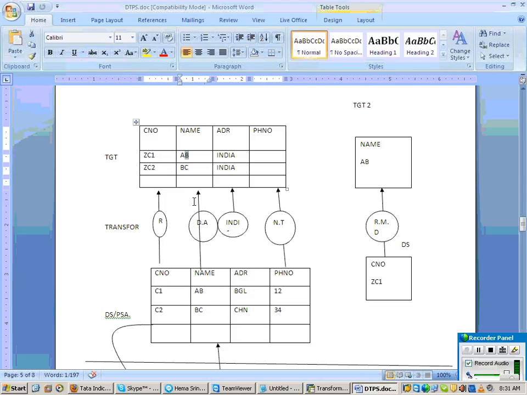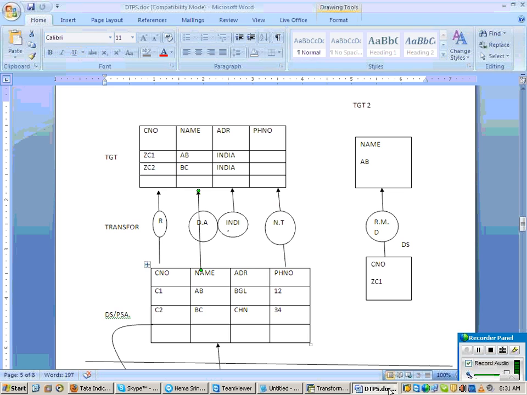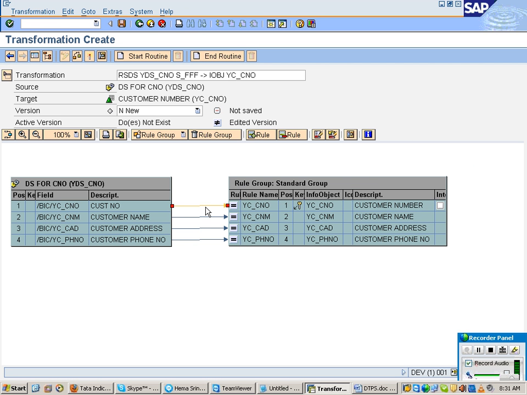You can see here it is AB, and here also it goes as AB. Is direct assignment clear? It is object to object mapping. One object of the data source goes to one object of my target: name to name, address to address and phone number to phone number. It is all one-to-one mapping, right?